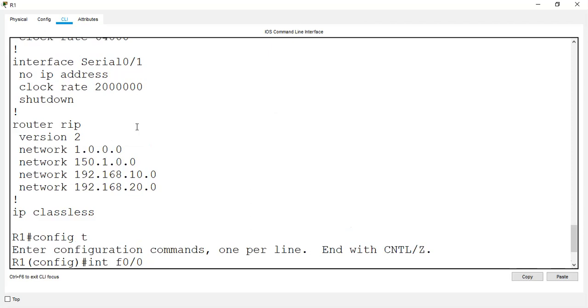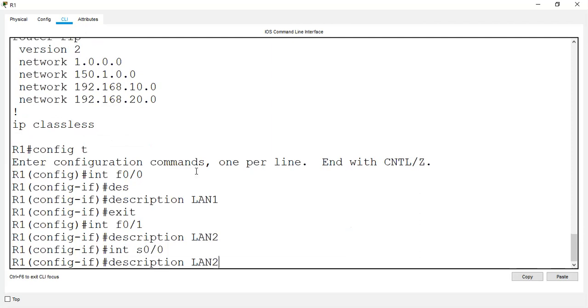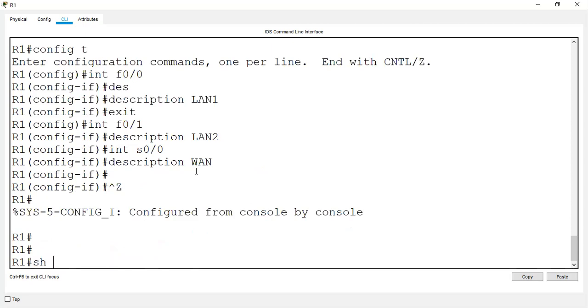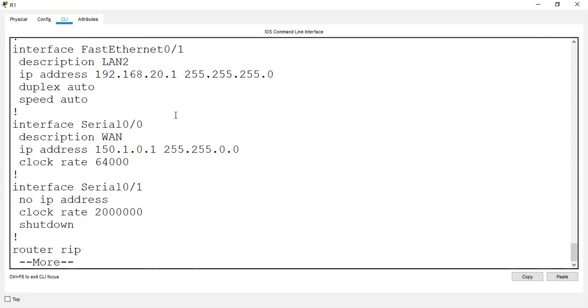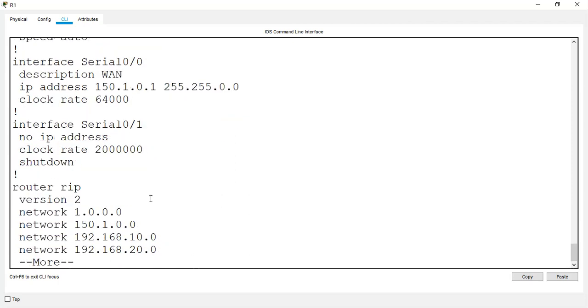Then you have S0/0, description WAN. Show run. Here you can see that F0/0 is used for LAN 1, F0/1 for LAN 2, and S0/0 for WAN. And you have the 192.168.10 network, the 20 network, and 150, which you already implemented under RIP.